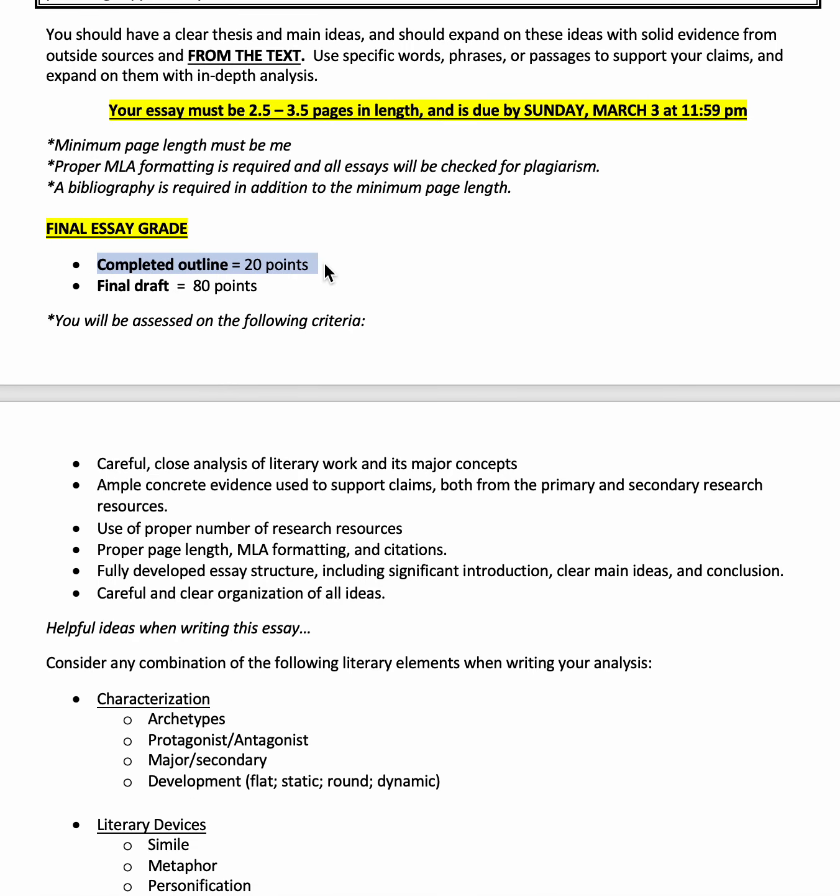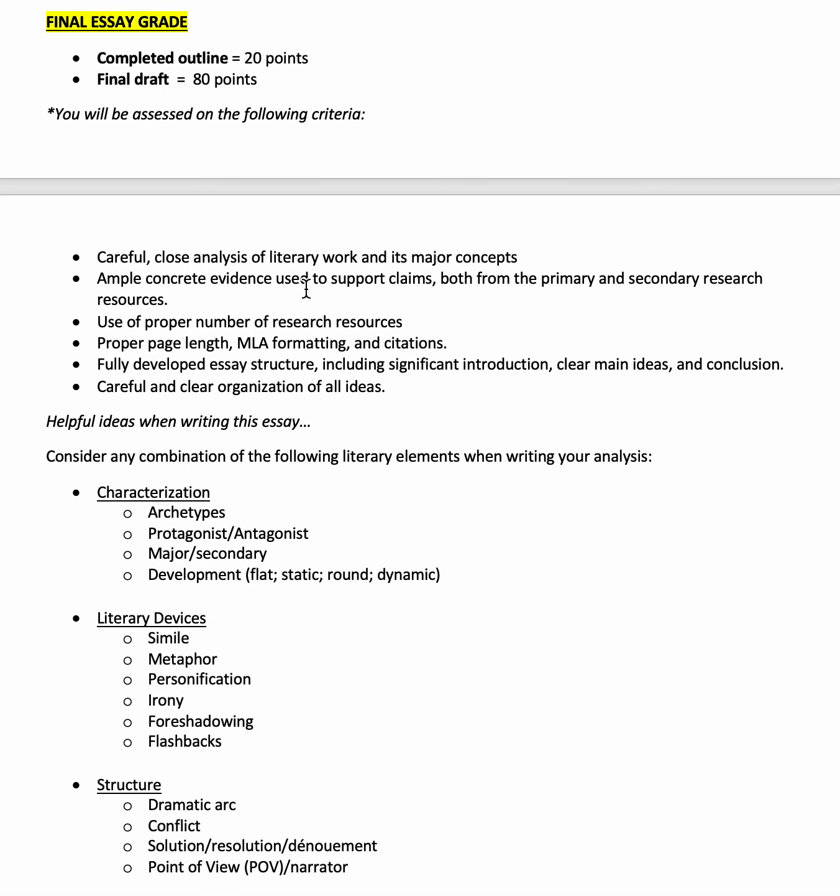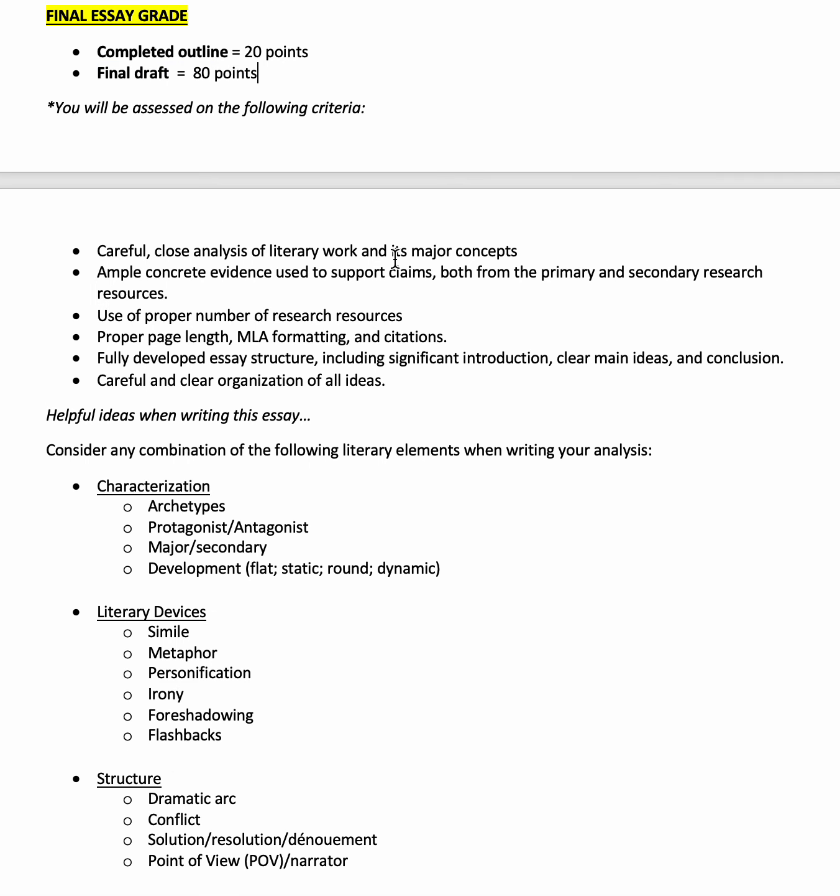So your essay grade is actually going to be comprised of 2 parts. You're going to complete an outline, so that'll be 20 points of your essay grade. So that's essentially an automatic 20 points as long as you complete the outline and you do it correctly. And then your final draft is 80 points. You'll be assessed on making sure you have good close analysis of the works and their major concepts, good evidence to support your claims, proper number of sources, length, MLA, citations, and a fully developed essay structure, including an introduction with the thesis claim,